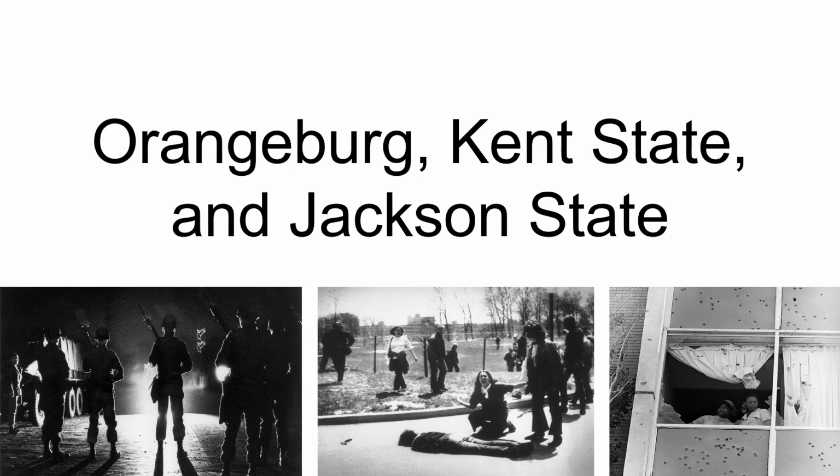So, before I start, I'm going to first lay out my methodology. I will follow that by examining the markers themselves in chronological order, beginning with Orangeburg in the bottom left corner, followed by Kent State, which is denoted in the middle of the screen, and finally Jackson State, which is in the bottom right of the screen.